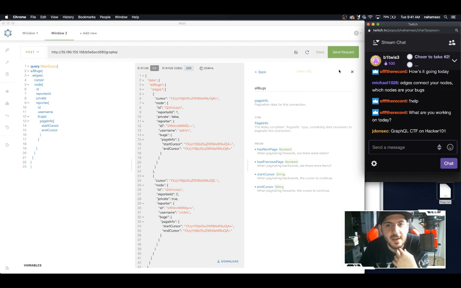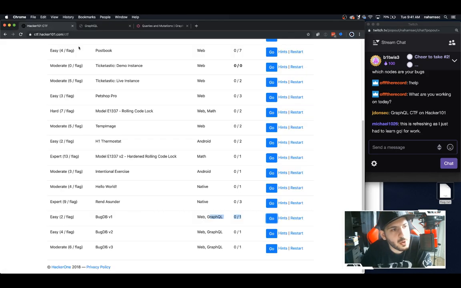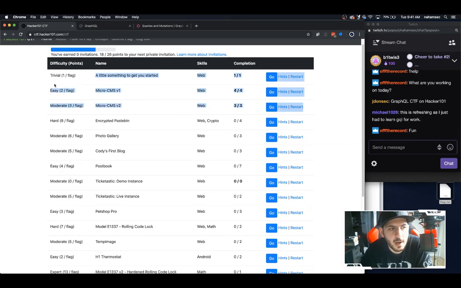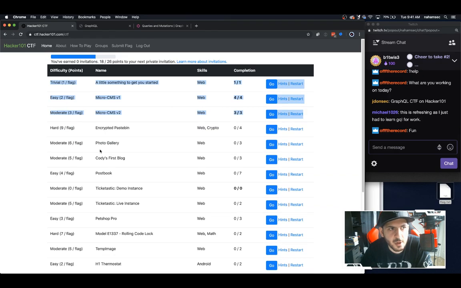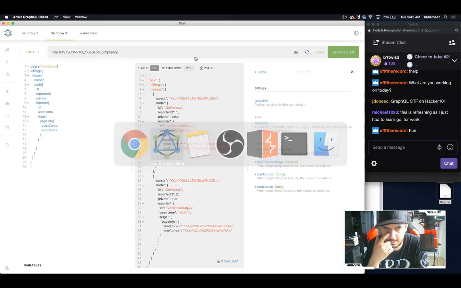I'm doing a CTF on GraphQL on Hacker101. If you want to follow along, this is the website for it. Every week we do some CTFs. We just did one on bug bounty notes. It was SSRF, which was really fun. Now I'm working on this because I absolutely hate GraphQL, but I want to understand it. So